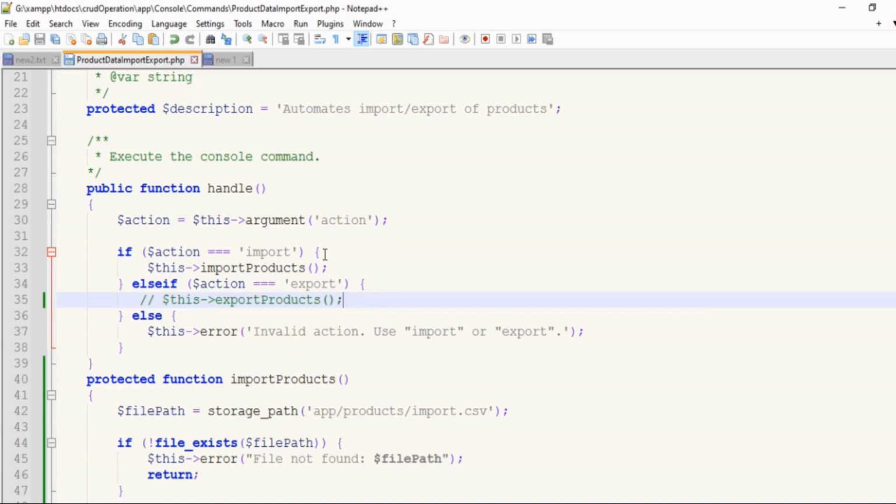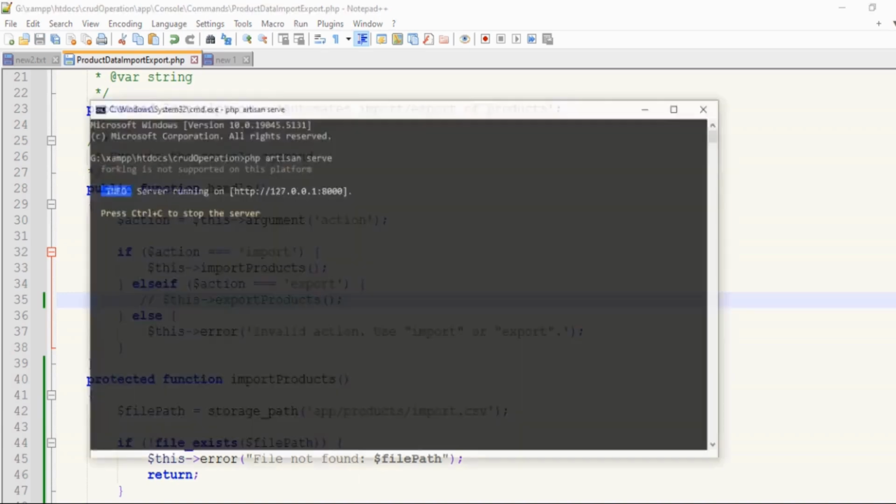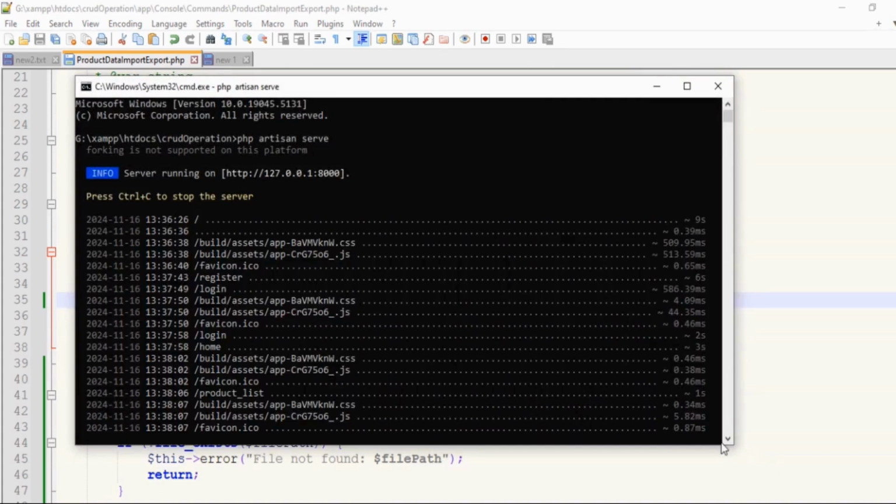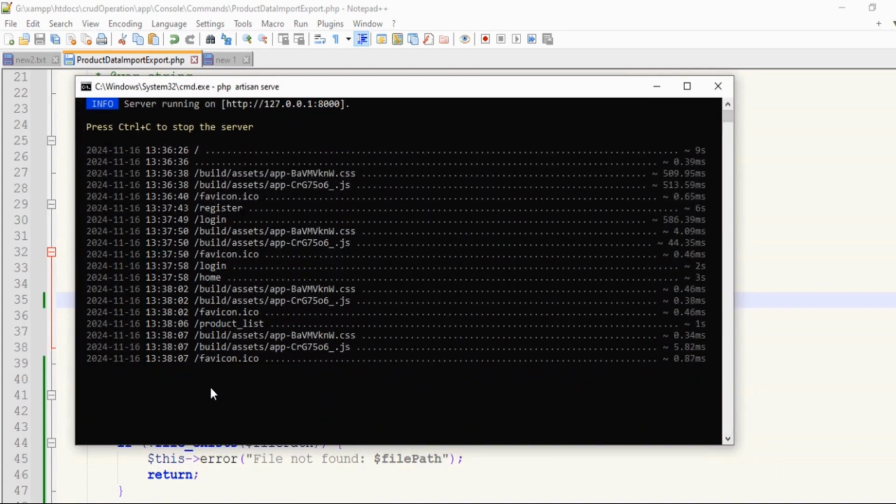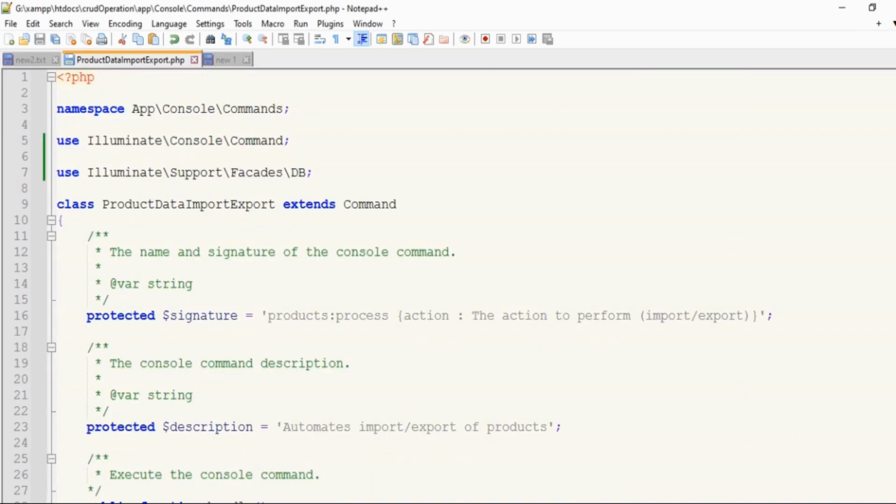Save the ProductDataImportExport.php file and open the command line prompt to run the command php artisan products import. This command is generated from the protected $signature variable, passing the argument action as import.